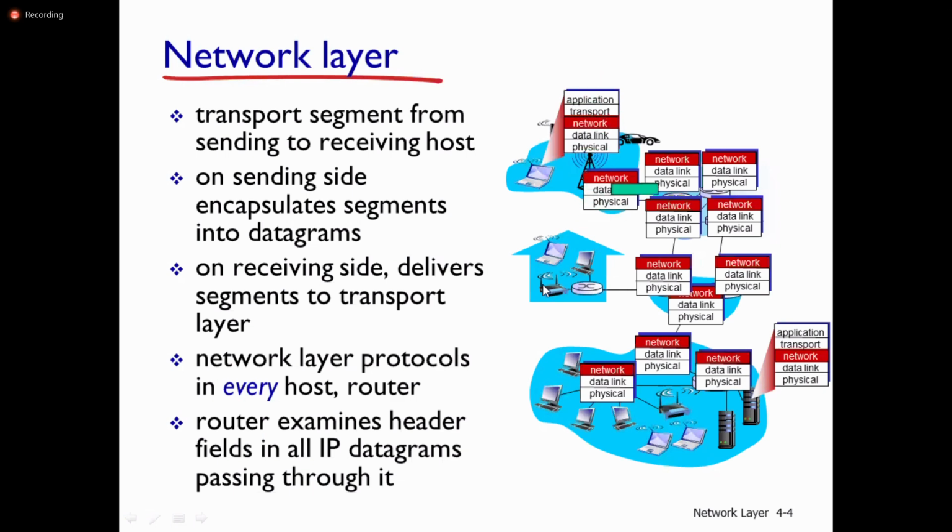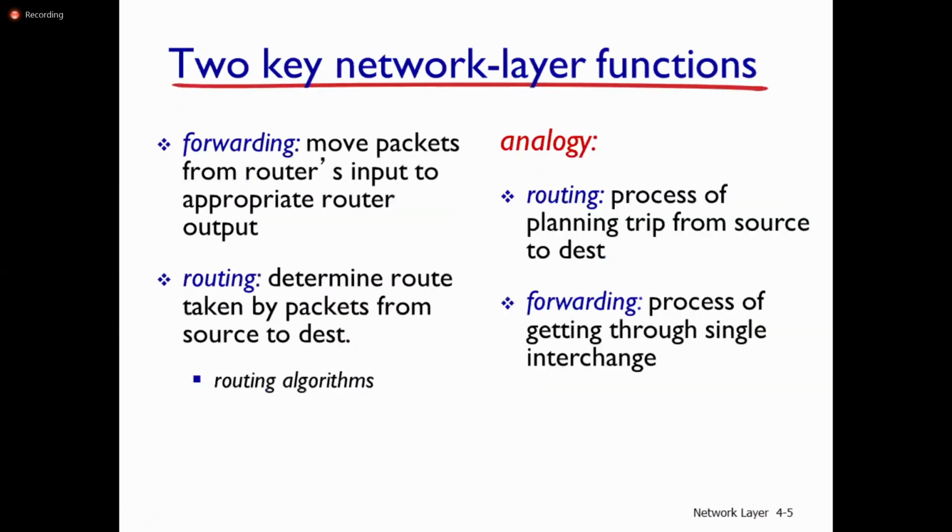That may be a router or a host device. You can look at here how the data is passing, in this scenario, from client to server. So every node present in the network, it may be a host or a router, consists of network layer protocols. You can observe the scenario here. The data is coming from client to server while passing through many nodes in the network. So there are two key responsibilities of a network layer. One is forwarding, second one is routing.